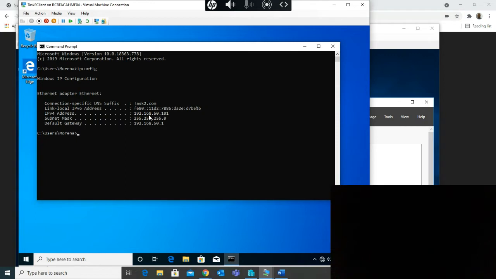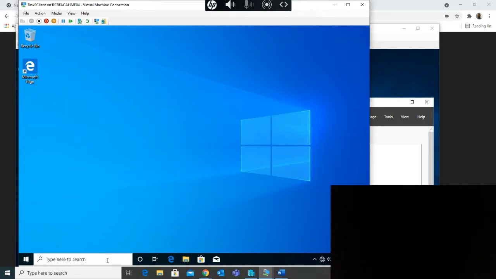Now, as you can see, remember our scope, we started from 100. Once we have joined this PC to the domain, this is the DHCP server. I have already assigned this PC 101. Then we can see the default gateway and the mask. Okay, so before we join it, let's perform